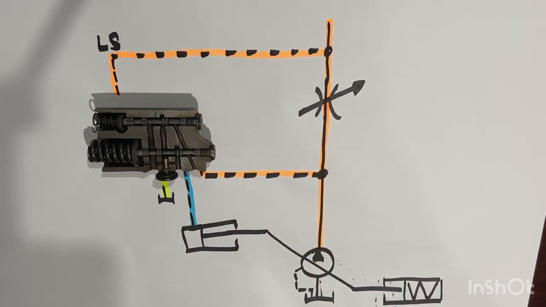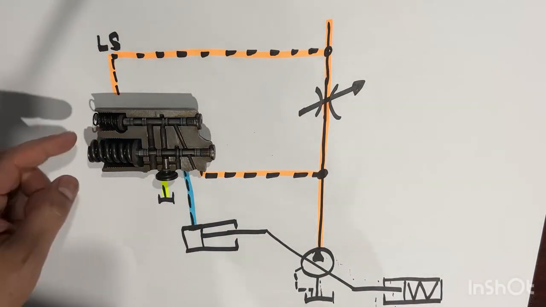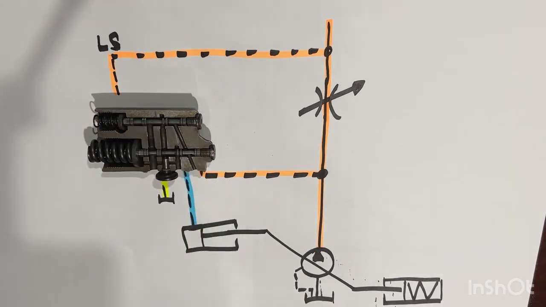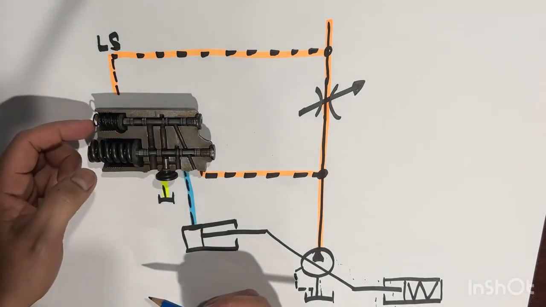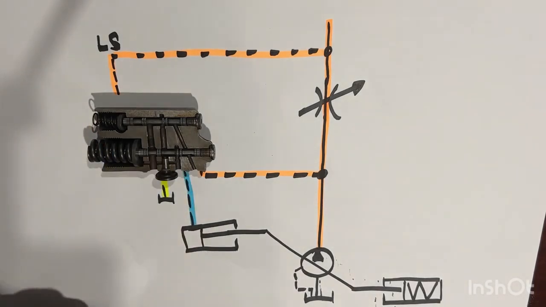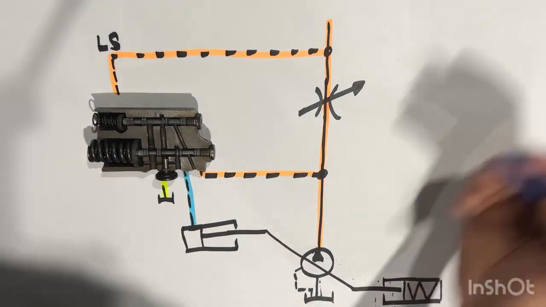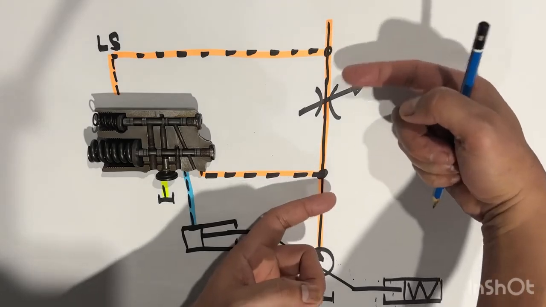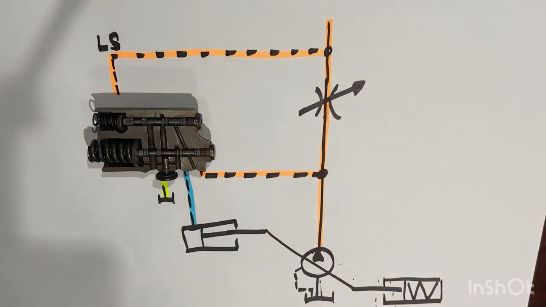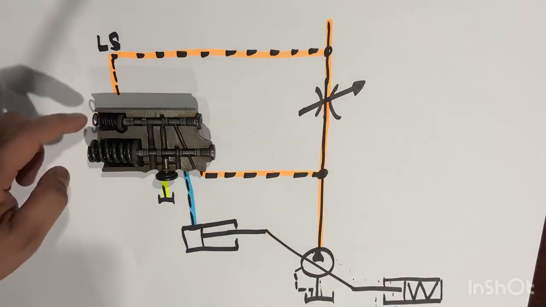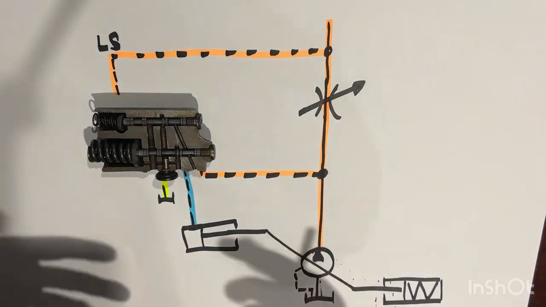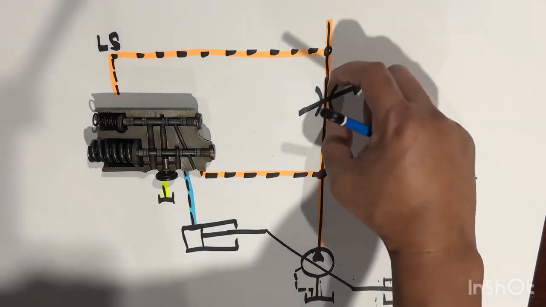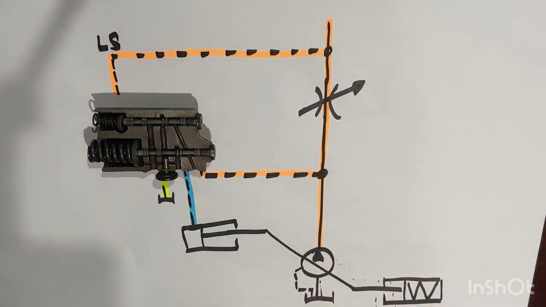Now, let's say this spring we set to 15 bar pressure drop. So delta P is 15 bar. That is to maintain the delta P across the throttle valve at 15 bar. We set this one here to 15 bar because remember, the pump flow rate will regulate to maintain the delta P across the throttle valve.